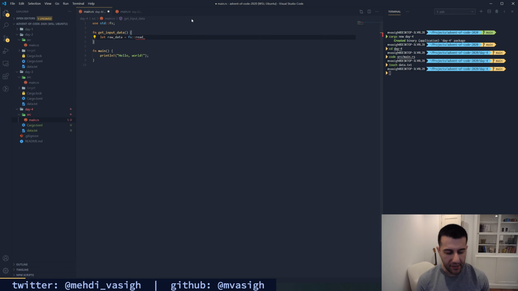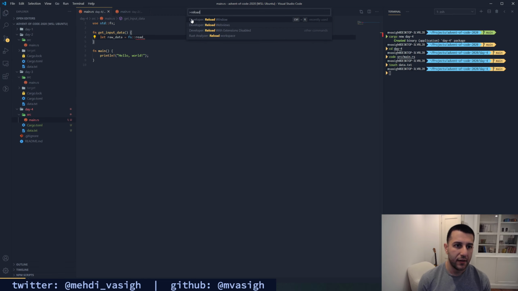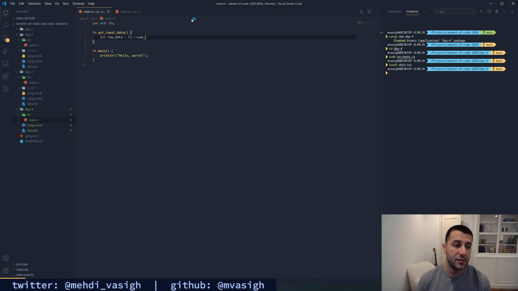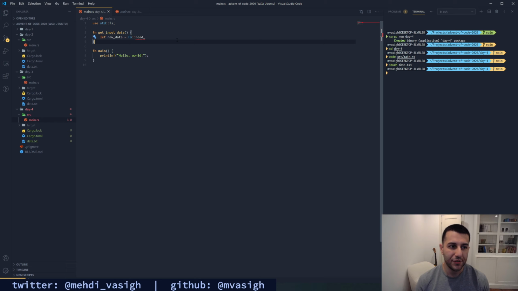I noticed my syntax highlighting isn't working. This is something I figured out is an issue with the Rust Analyzer extension. It's a really wonderful VS Code extension, but one thing that does happen is that oftentimes when you load the editor, it fails to do your syntax highlighting and IntelliSense. So you need to kind of reload your window. If anyone has a solution to that, please let me know.